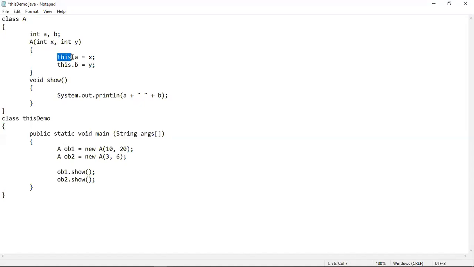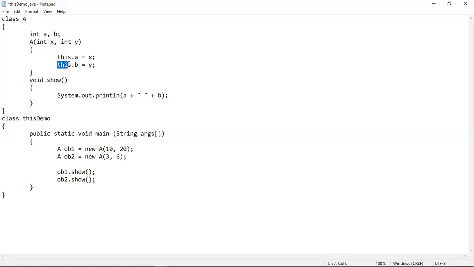That means using this keyword before the instance variable a means that this keyword here will make the compiler understand that currently we are dealing with object ob1, and before this a instance variable we have used this keyword means that using the object ob1 we are passing the value 10 into this instance variable a. So the compiler is currently dealing with the value 10, which have been passed into the instance variable a using the object ob1, which is the current object which we are currently dealing with. This is the use of this keyword if it is used before the instance variable here in this program. And the same goes for this b instance variable also.